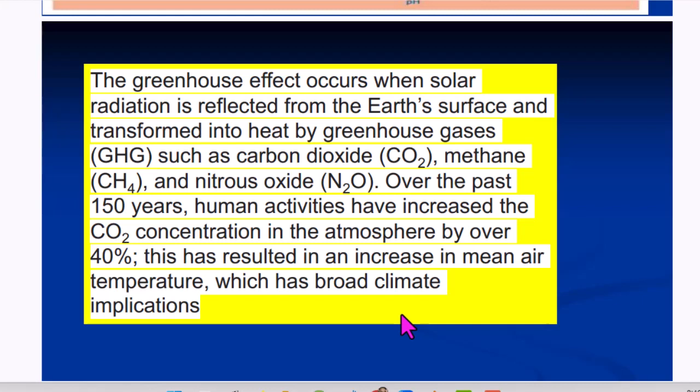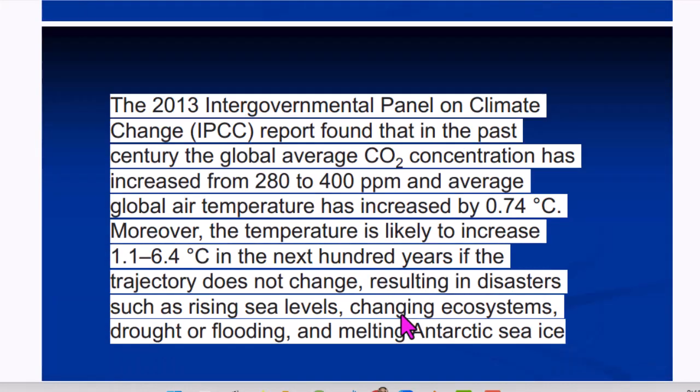This has resulted in an increase in mean air temperature, the heat increase, which has broad climate implications. The 2013